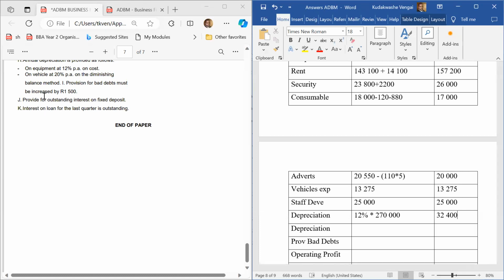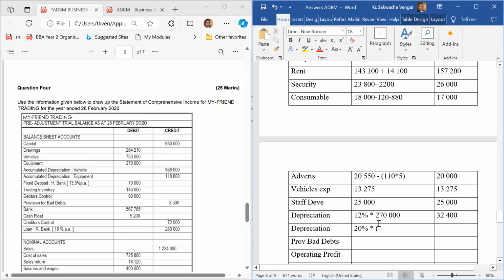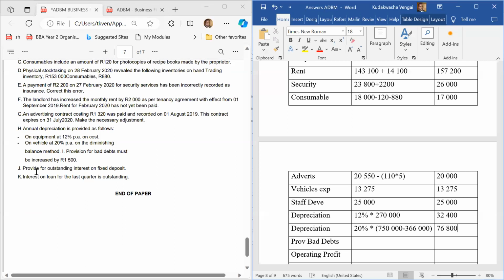And then on vehicles, 20% on the diminishing balance method. So 20% multiplied by the diminishing balance of vehicles. What is the diminishing balance of vehicles? We have 750,123 minus the accumulated, which is 366,000, to get the diminishing balance, multiplied by 20%, and then we get 76,800. And then our second from last entry says here, a provision for bad debts